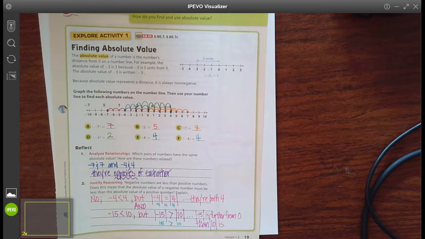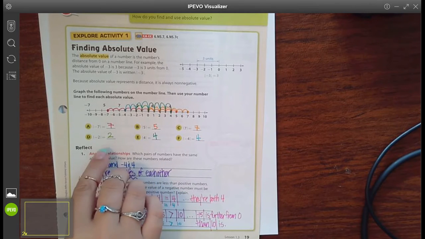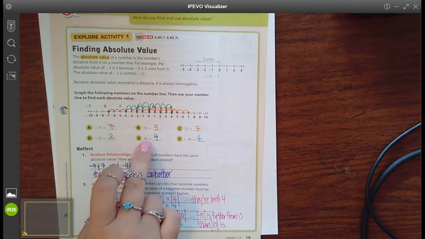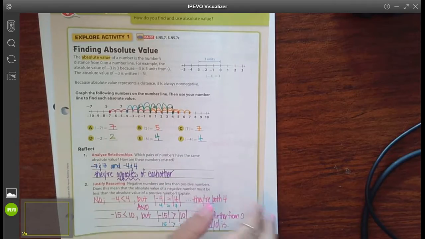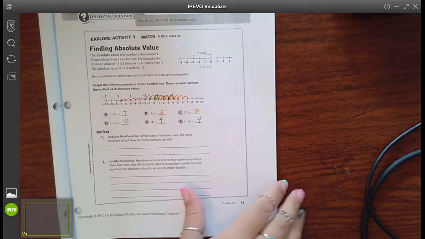Okay, the main questions that we're going to get about these is opposites. Like, what's the opposite of 4? It's -4. What's the opposite of -7? It's 7. And then they'll also ask you, what's the absolute value of something? And whether you take the absolute value of a negative number or a positive number, you still get a positive answer. Okay, if we turn the page,